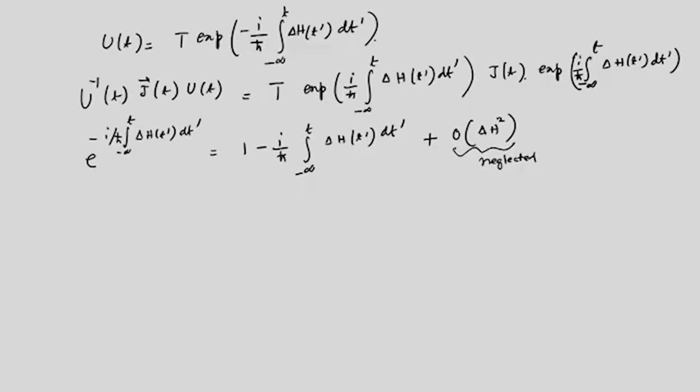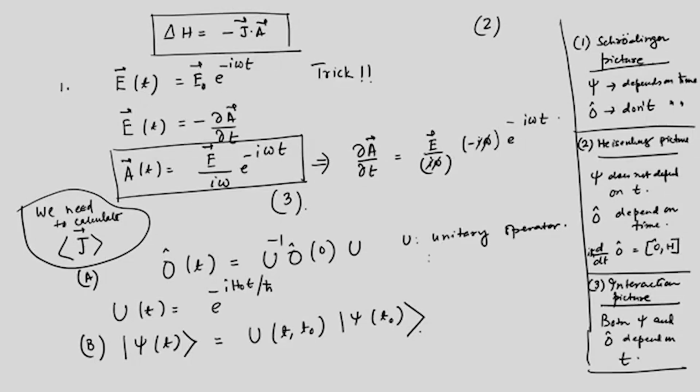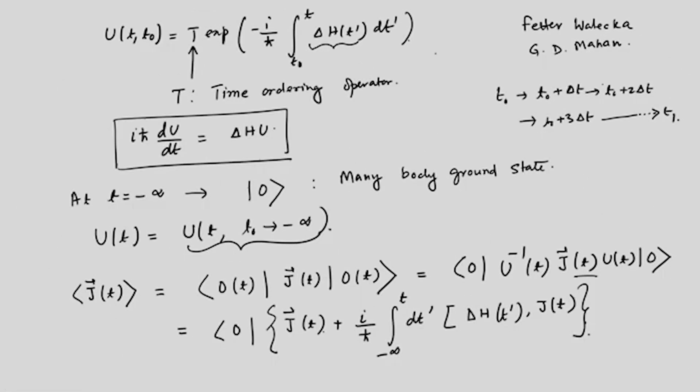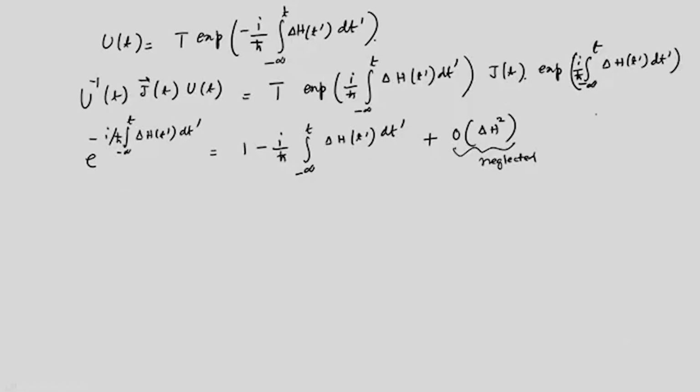And also, in keeping with the assumption of perturbation theory, we are not considering any higher order. So this is equation number 3, this is equation number 4, this is equation number 5, this is equation number 6 and this is equation number 7, and maybe this one is equation number 8. This is equation number 9. So, putting equation 9 in equation 8,